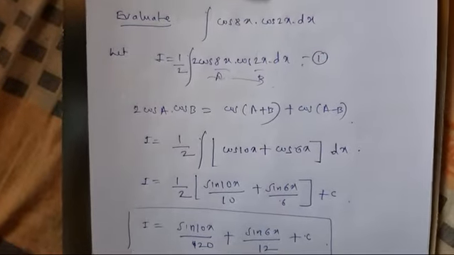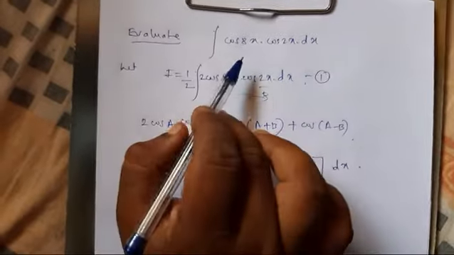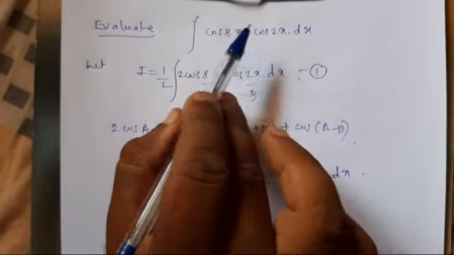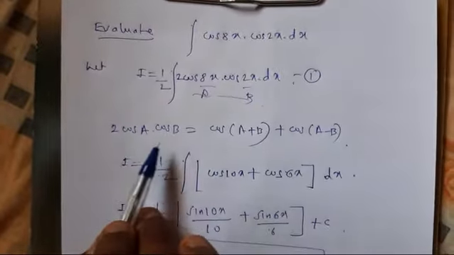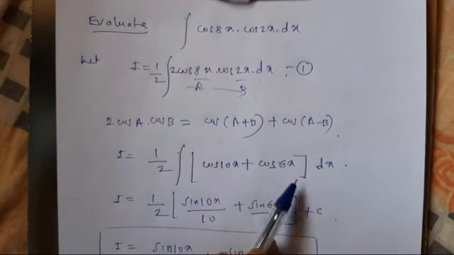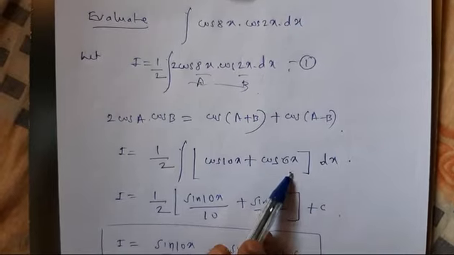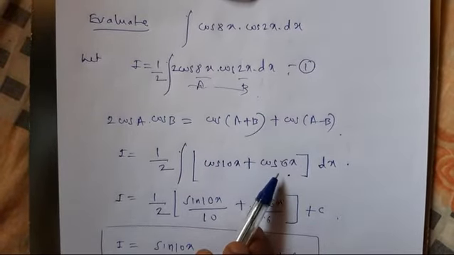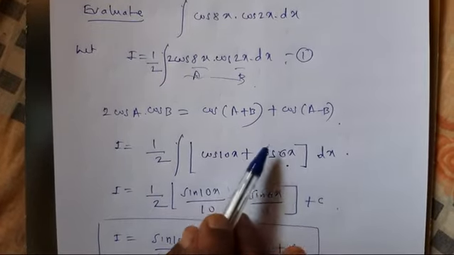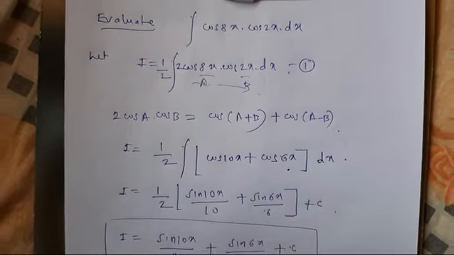Here we have to see, before it was a product of two trigonometric functions, so I used the formula for 2 cos A cos B and converted it into a sum of two trigonometric functions. After getting the sum, I integrated the first one as well as the second one. I will take one more example. Evaluate